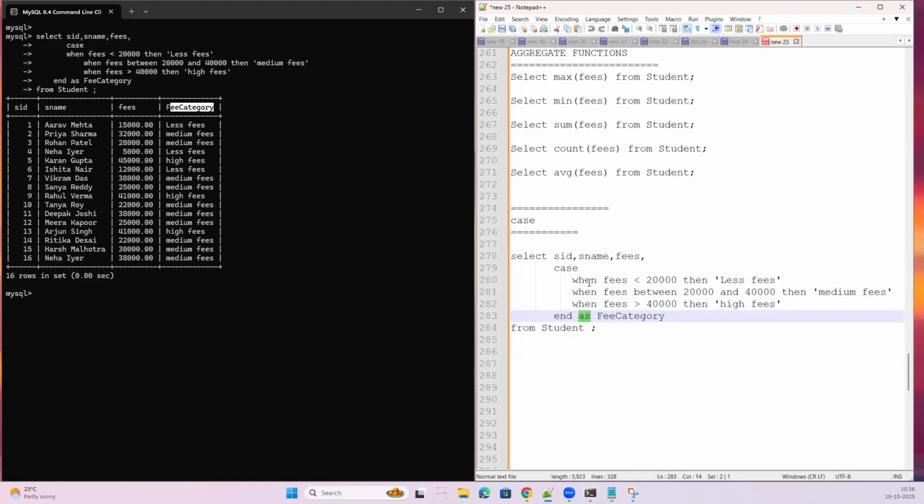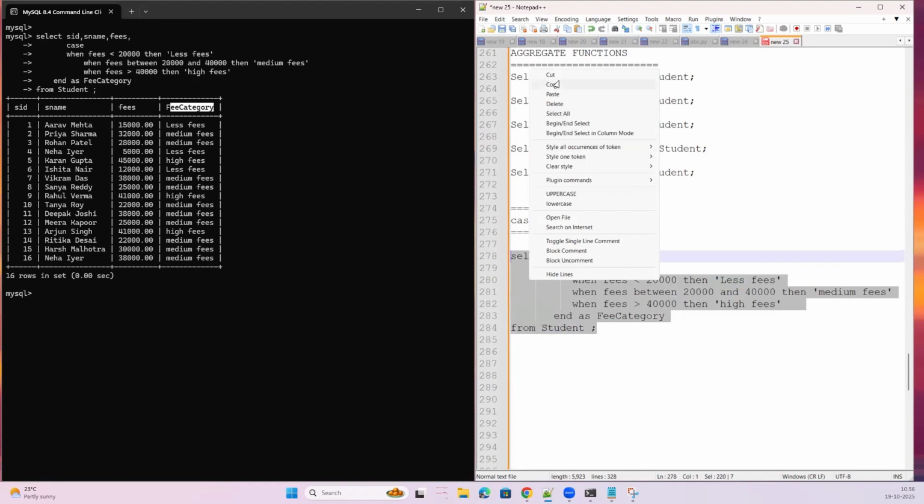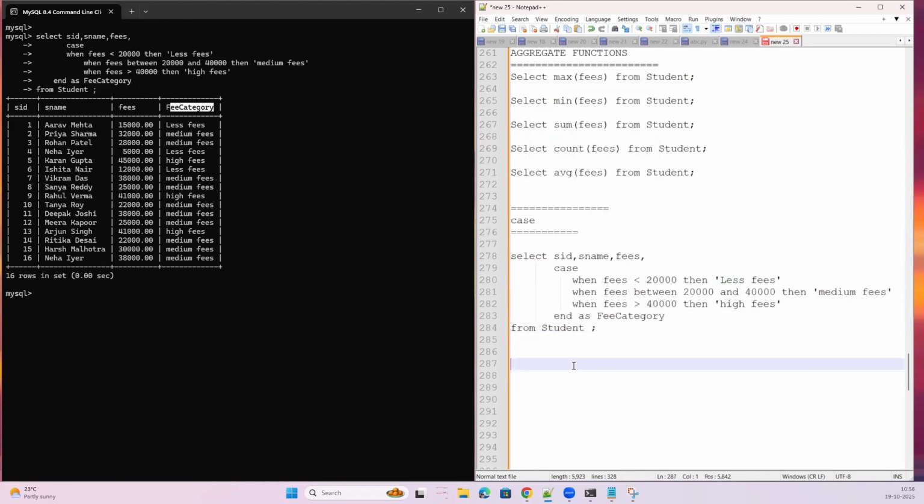It will work. But what is important? Comma is important here, case is important here, end is important. This case will end. WHEN is a keyword which will map our fees to the category. So less than 20,000, with 20,000 included, and 40,000 also included, between that will come as medium fees. Otherwise, it is high fee. If I order by fees,